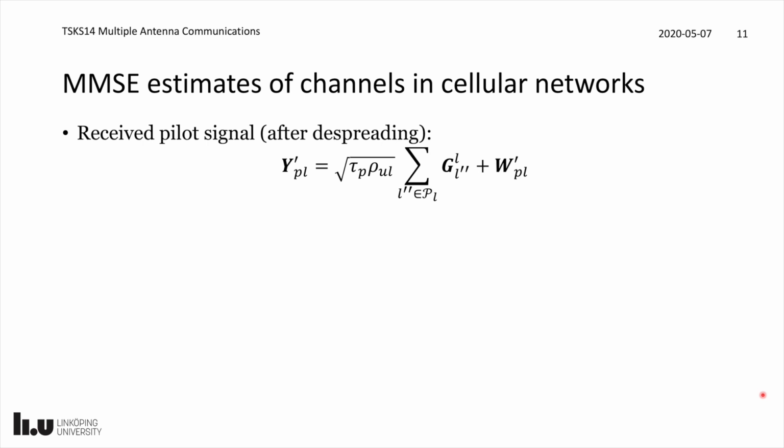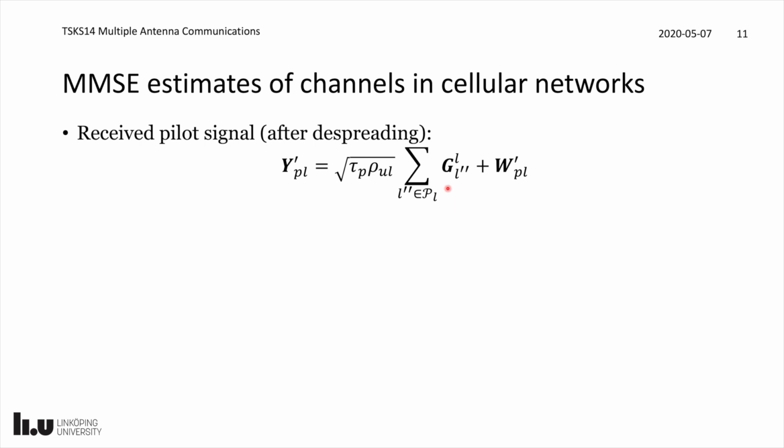So we are sending the pilots in the uplink in the same way as in the single cell case, but only some of the cells are sending the same ones. So after we do the despreading operation at the base station in cell L, we have the following received signal. It contains a summation over all of the cells that use the same pilots as cell L, including the cell